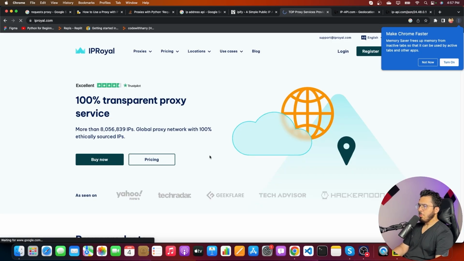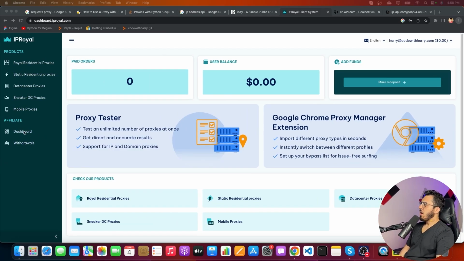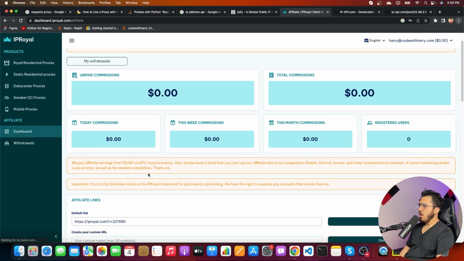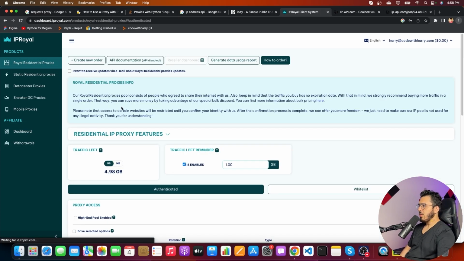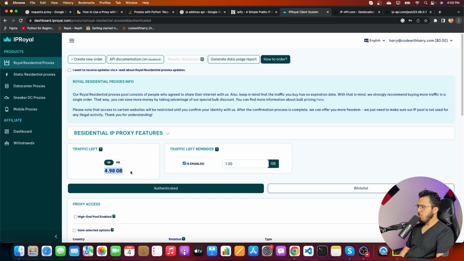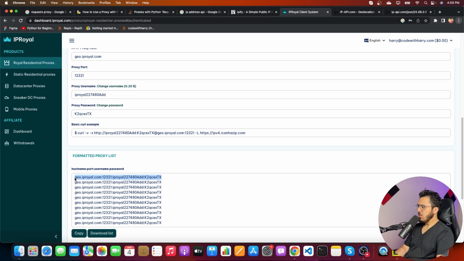and let me log into my IP Royal account. So I just logged into my IP Royal account. I'll come to dashboard, and let's see where we can use the proxies. I'll come to Royal Residential Proxy. I have 4.98 GBs in my account. So I'm going to simply copy one of the proxies, and I'll copy this, and I'm going to paste it